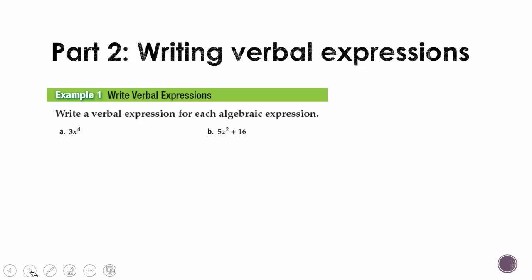So let's get to our objectives. We need to write a verbal expression for these algebraic expressions. And let's just do B. So if I asked you to say this out loud to your friend, chances are you wouldn't say 5z2 plus sign 16. You wouldn't say it like that. But instead you might say something like 5 times z squared plus 16. And that is a perfectly valid way to write this. So we're going to write that one down. 5 times z squared